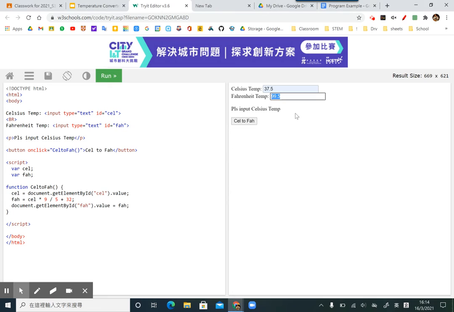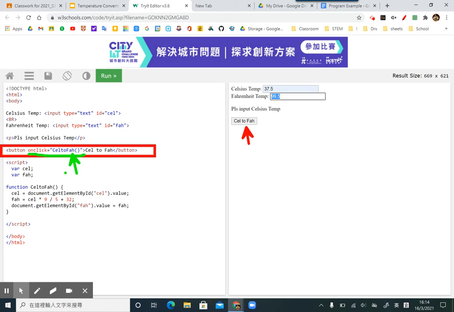All right, but there is another thing you should know in this program, which is about the button. The program will be triggered by clicking this button. So when you click this button, the conversion will be done. But when you click this button, how do we tell the program to run to convert the temperature? So one thing you should know, which is this line, onclick equals cell to FAH, and this simple syntax is talking